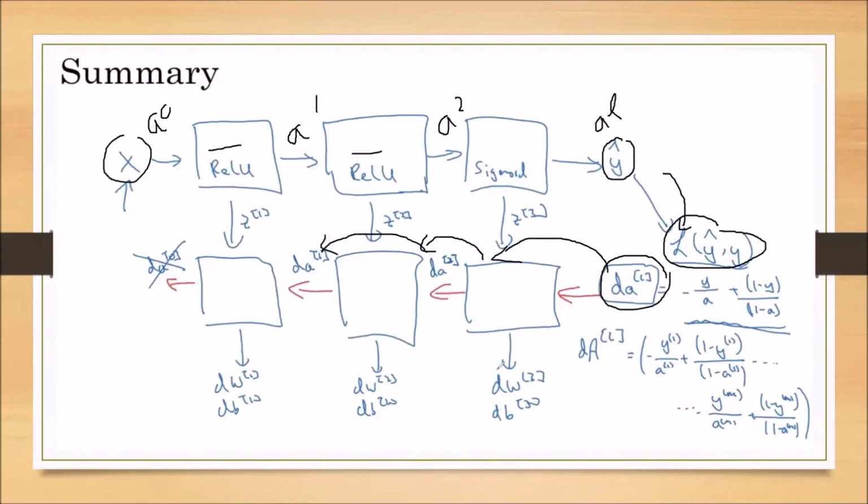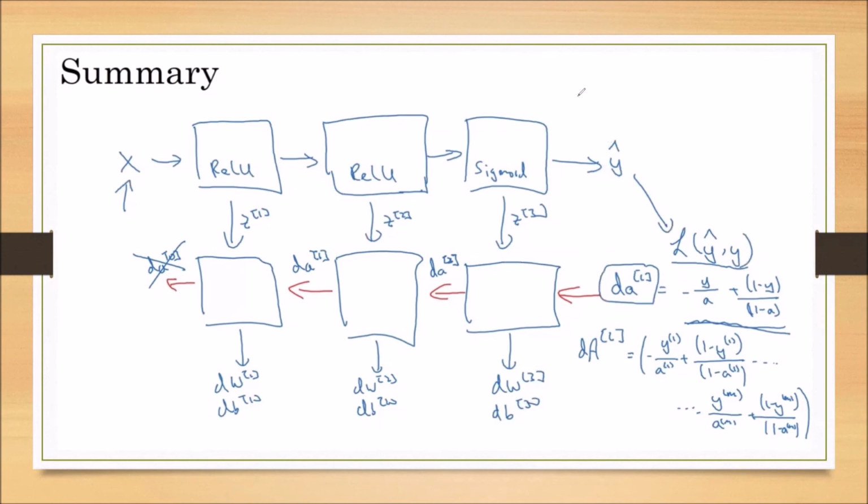In the meanwhile, we are getting dW and dB terms. We use these dW and dB terms in the gradient descent to find the minimum value of the cost function. When we get the minimum value of the cost function, we extract the W and B, and we substitute those W and B in the neural network to predict the output. This is what we are doing in the deep neural network.